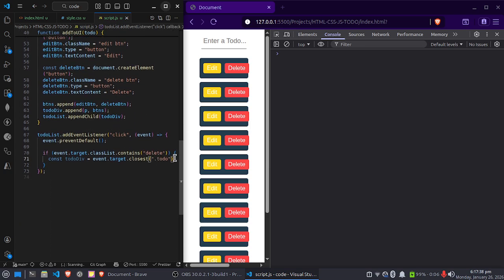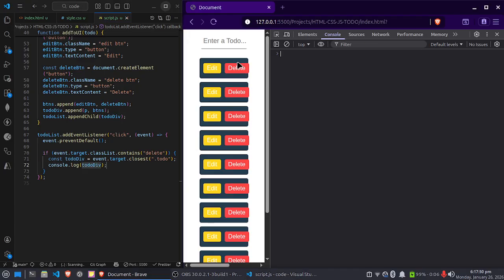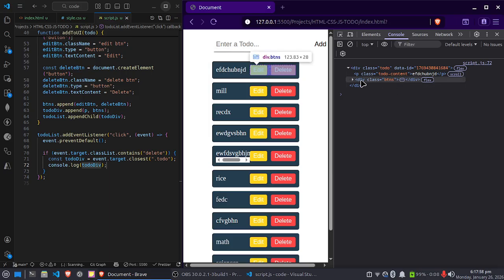So I am getting here the to-do. First let's console this to-do, whether this is coming perfectly or not. So it's perfect. I get the class to-do and this random value, the same one, ADCUG, and these two buttons, class edit and delete. And if you see here, data-id is 1736, which means every time this is a unique value,